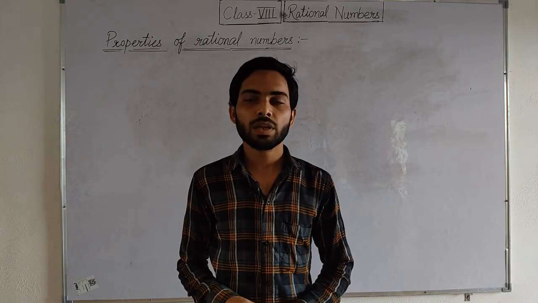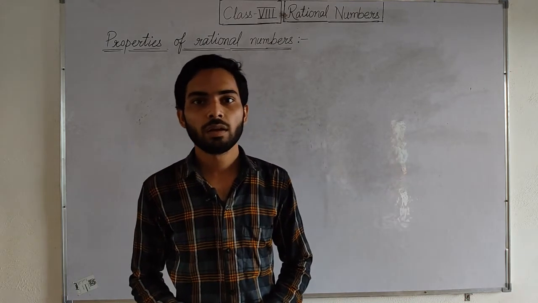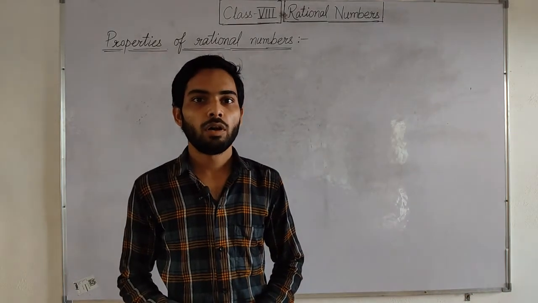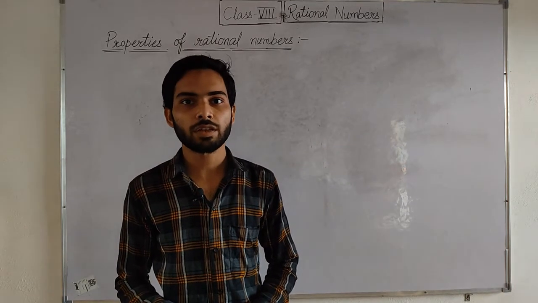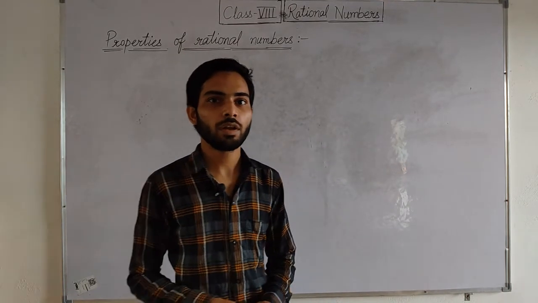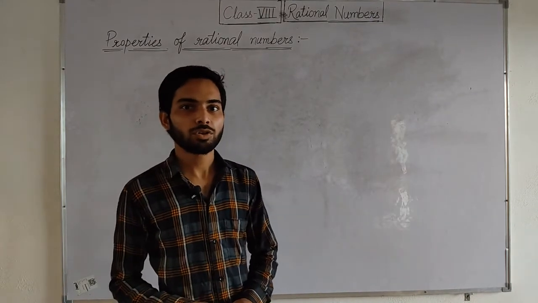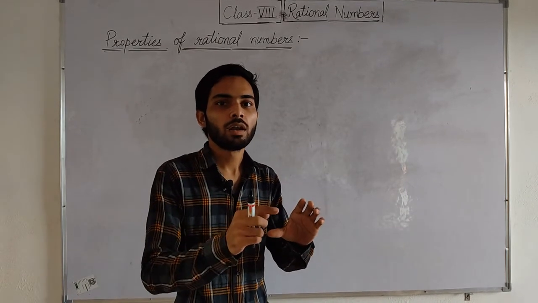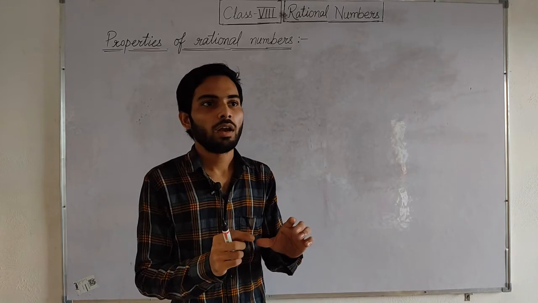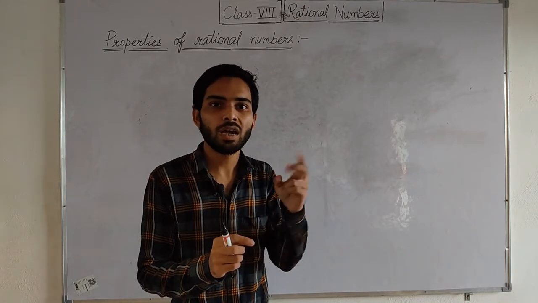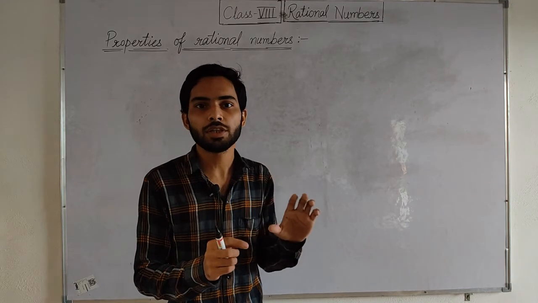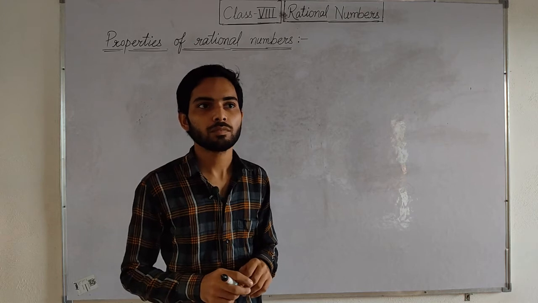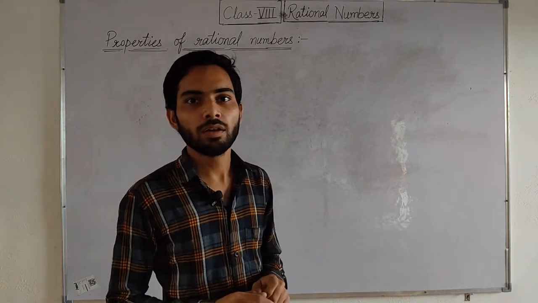The three criteria for a number to be rational: the first criterion is that the number should look like a fraction. Although a rational number need not necessarily be a fraction, the first criterion is that a number should look like a fraction, that is, a number in which there is a numerator and a denominator. The second criterion is that the numerator and denominator both should be integers, and the third criterion is that the denominator should not be equal to 0. These numbers were called rational numbers.